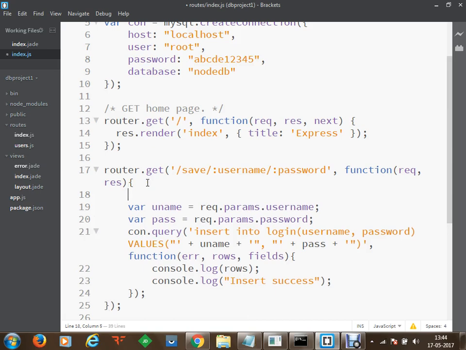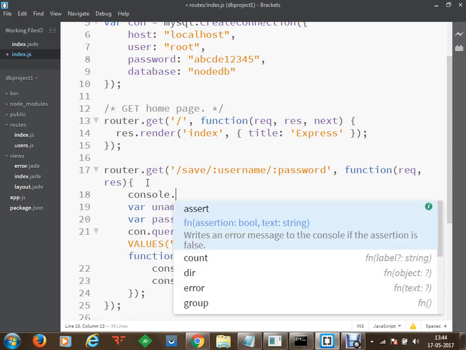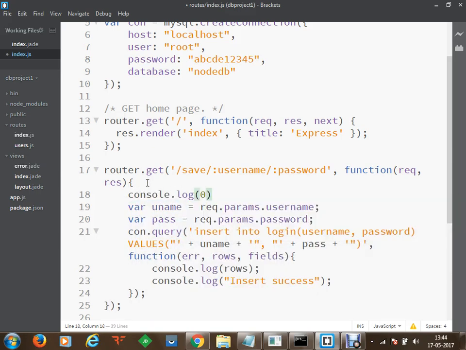Before receiving the request, I would also like to do console.log, and from this console.log, I would like to display the request parameters as well, whatever has been received. So we are going to display request parameters also on the console.